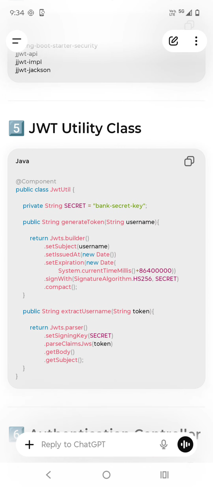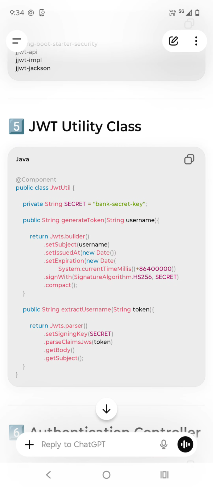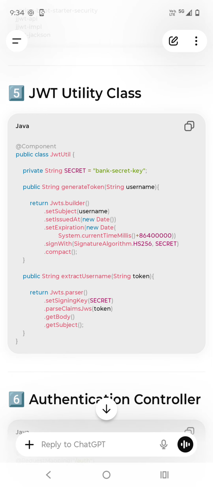The first thing is, whenever the user registers into the bank using the login button or register button, once you click the register button, you will register. Or let's say he will log into the website. Here the example is he is going to log into the website. He has a user ID and password.